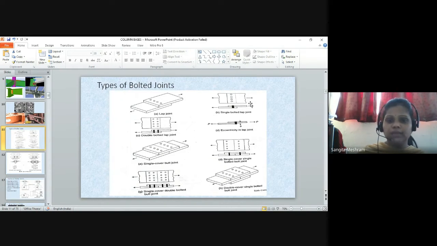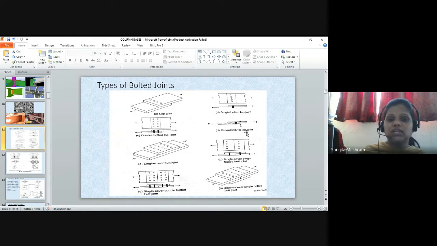So this is called a single bolted lap joint. Just see figure B. Then there is figure C, which is a double bolted lap joint. That means it is connected with two rows of bolts. So this type of joint is called a double bolted lap joint. And the load is acting at some eccentricity. If there are two plates, the load is acting like this. Just see figure D. The force P is acting like this, away from the member or away from the joint, and it is some distance apart. So this has eccentricity. This is nothing but an eccentric lap joint.